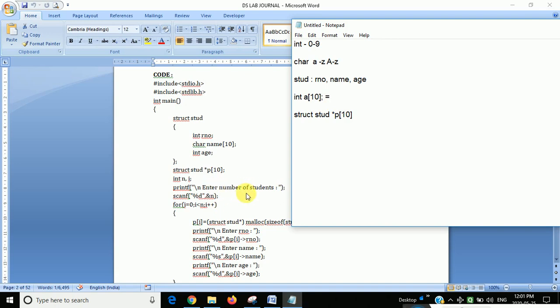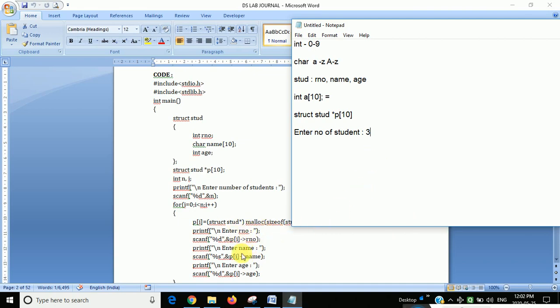Here, enter number of students is there, with scanf, it will ask how many students. For example, I will write here enter number of students. So when I put 3, this for loop will loop 3 times, and 3 times memory will be allocated.